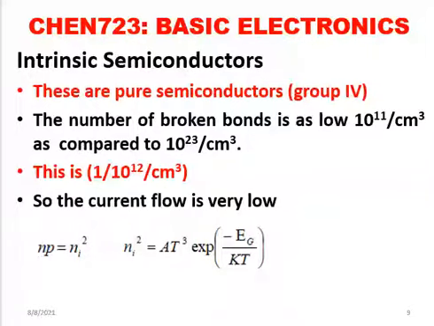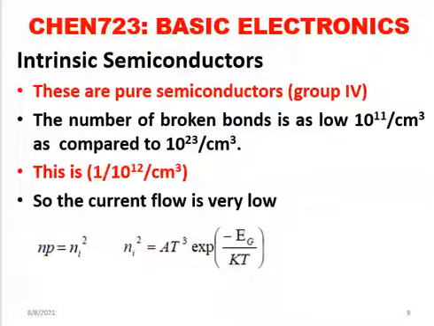will be very small. And if we are dealing with the intrinsic, you find that wherever a bond is broken, a pair of charge carriers is created. The electron that has broken away is negative, and the place from which it breaks is positive. We call it a hole. So N here in this first equation stands for the number of electrons, and P stands for the number of holes, which is positive. And if you multiply the two, it will give you Ni square, where Ni is what we call the intrinsic concentration.